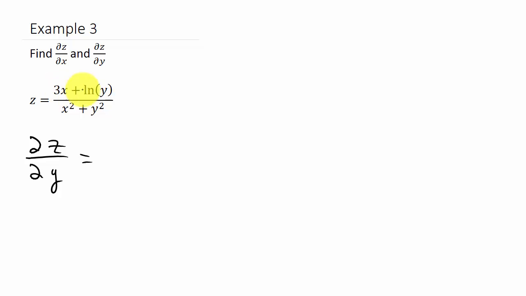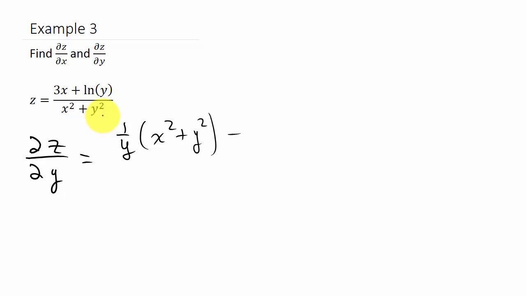Now I've got the derivative of the numerator: the derivative of 3x is 0. Remember, x is a constant. 3x is a constant in this problem. So that's 0, and then the derivative of natural log y, we know that's 1 over y, times the denominator